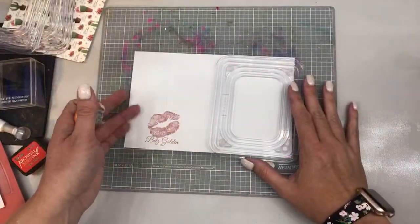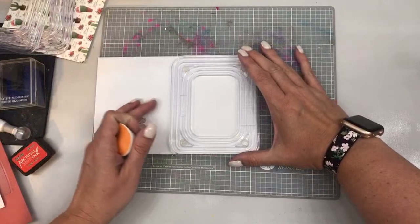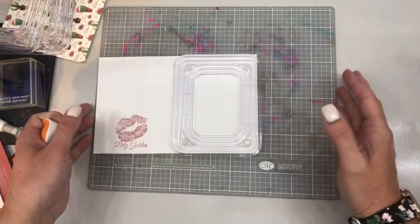It'll work just fine. So the first thing I want to do is I want to create a